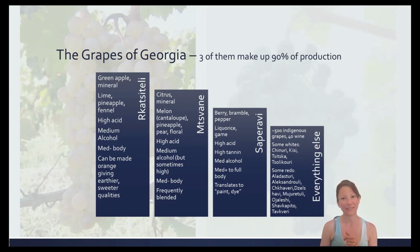It's also, fun fact, the name Saperavi translates to paint or dye, and we will look at that when we drink the wine. Everything else, like I said, 500 indigenous grapes, 40 years for winemaking. They do use some European grapes like your Cab Sauv, your Merlots, but I'm focusing on the native grapes. Some of the whites, just bear with me, are going to be Chinuri, Kisi, Sitska, and Solukuri, and then some of your reds are going to be Aladasturi, Alexandruli, Chkavri, I think, Zels,